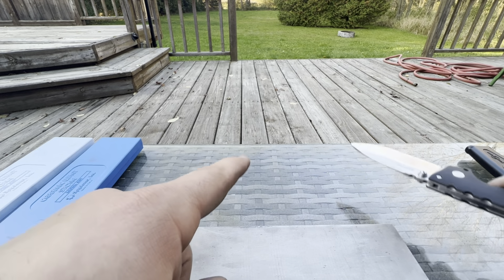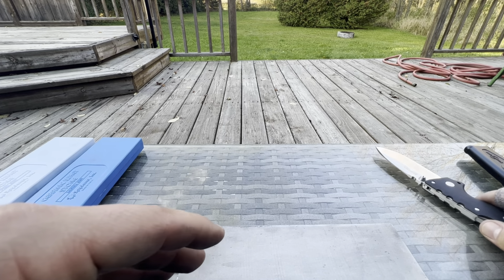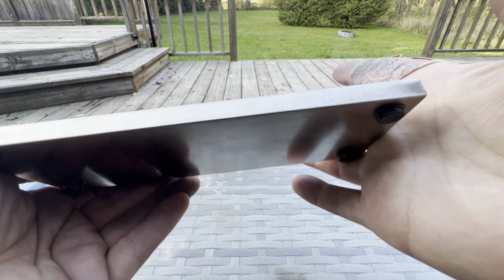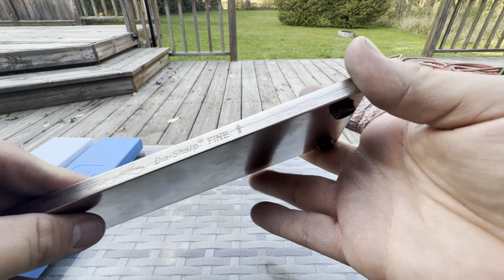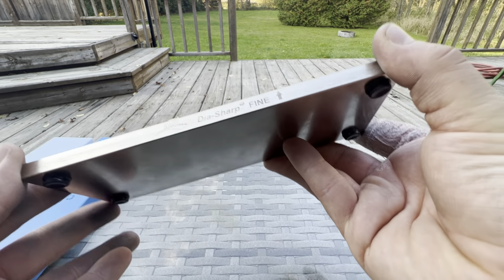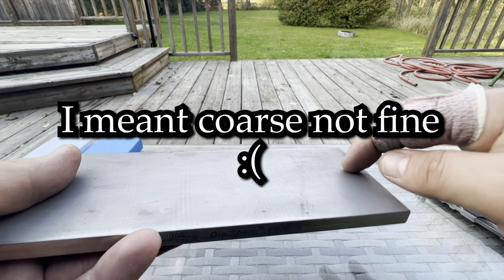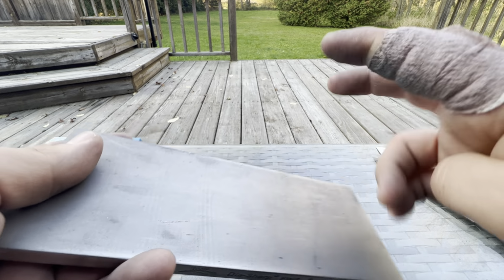So with diamond stones, you don't need to soak them or anything. Okay. So this is what I use to profile it, which is actually the Fine by DMT. I use this one and their Coarse stone, and they look so similar that I grabbed the Fine, and they both work. The Fine just has bigger diamonds on there, like bigger chunks on here,